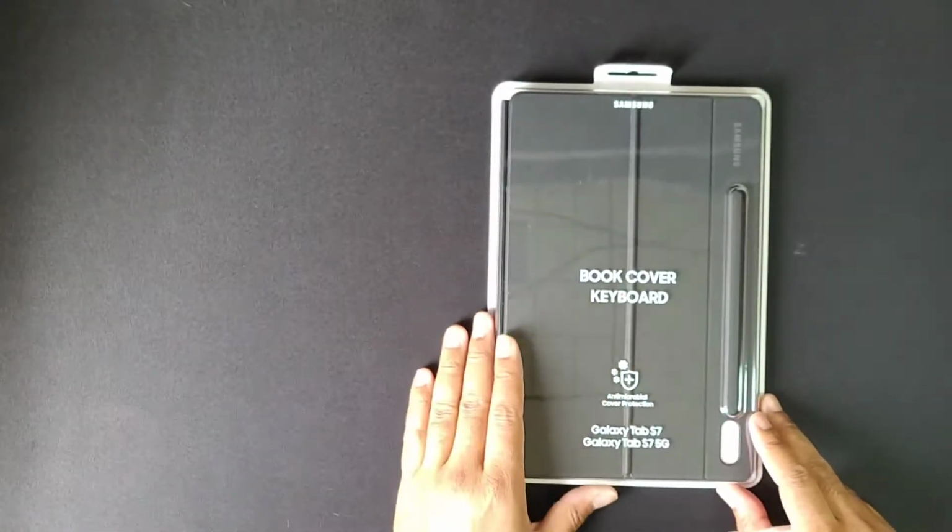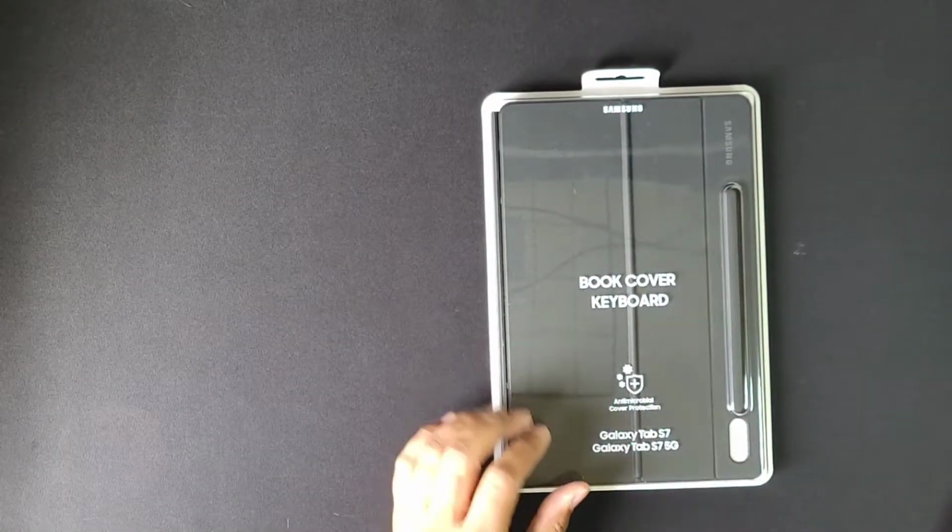This was a series of videos I took yesterday. So if you can, just bear with me as I do a voiceover for all of these and try to predict my movements as I go through this unboxing for the keyboard cover case for the Galaxy Tab S7 that released on September 22nd. So as you see, the keyboard cover case comes in the same kind of packaging as